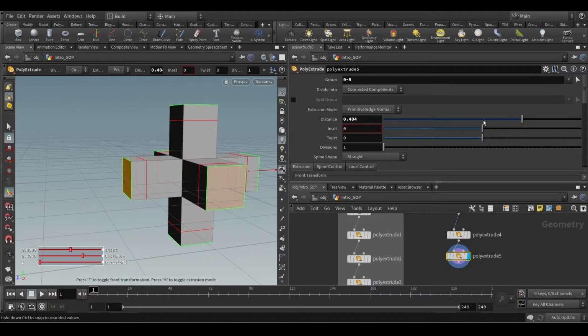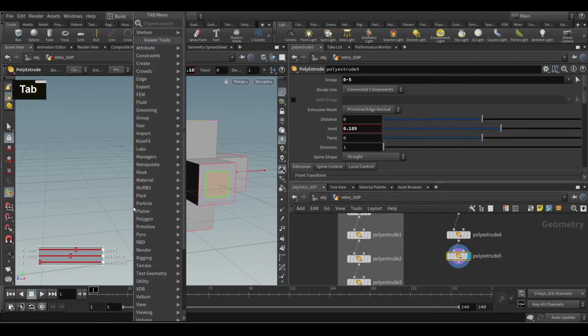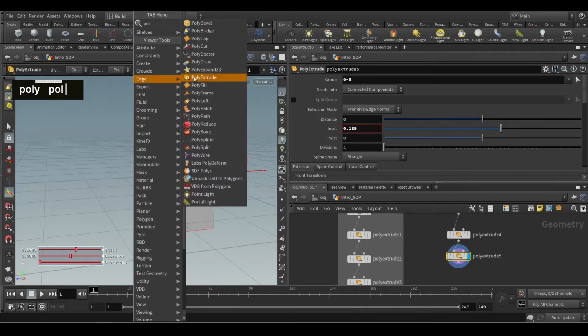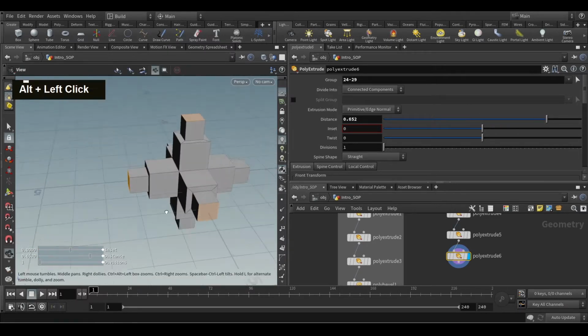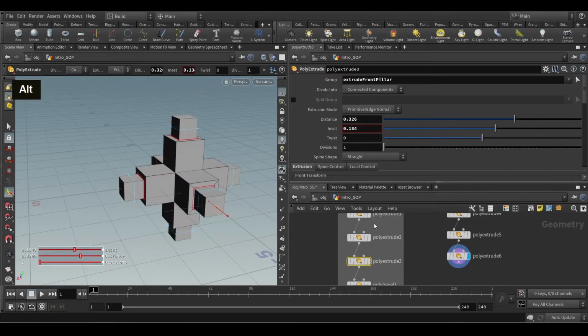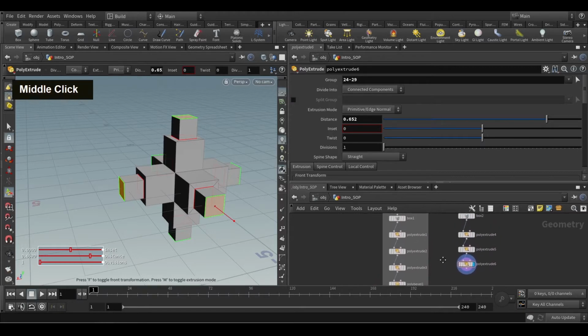Second one, that's what I'm doing, right? I'm putting inset. So I'll inset it. Okay, and then again all these are selected, so again I bring a PolyExtrude and I will bring this up, right? Same here. I got through group, but here everything is manual. See, the group names are just numbers, primitive numbers, 0 to 5 and 24 to that number. Okay, so we have the same